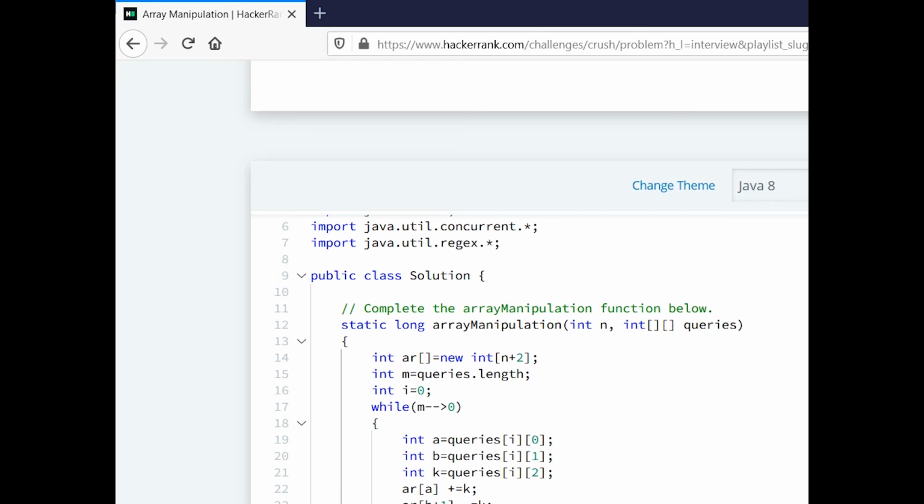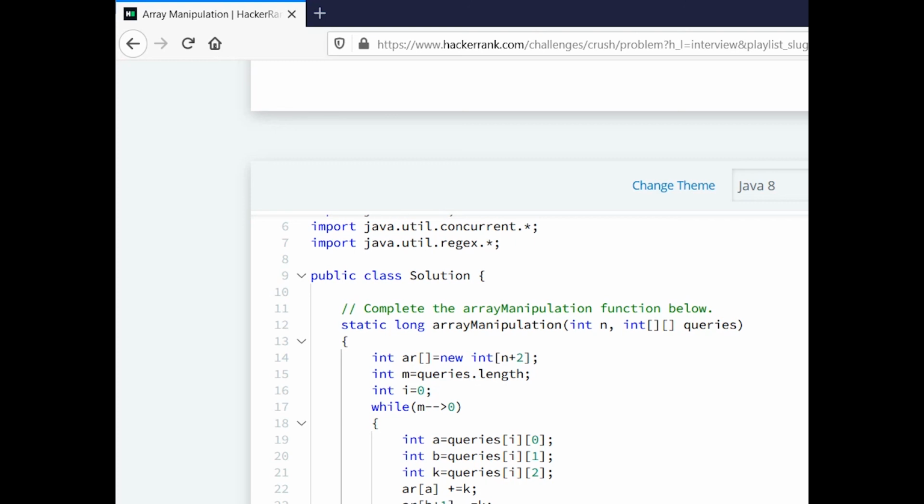Now we calculate array i is equal to array i plus array i minus 1. This is the prefix sum algorithm, and then we calculate the maximum value. So max is equal to Math dot max of max and array i, and then we will finally return max.